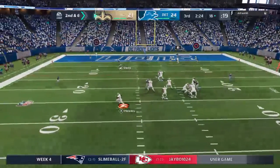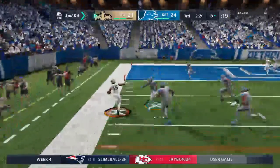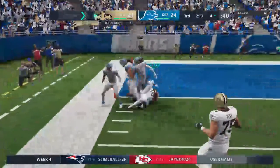From the gun, Flowers buying time to his left. And he's down inside the 5 at the